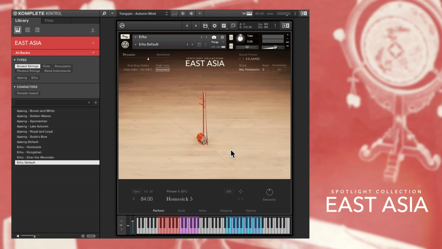Let's dive a little deeper. This is the main interface for East Asia, similar for all of the instruments with a few variations that I'll point out as we go along. If you're already familiar with the range of other instruments in the various Spotlight collections, then you'll feel right at home. Taking the Chinese erhu as an example, the 5 tabs across the bottom of the interface are for the